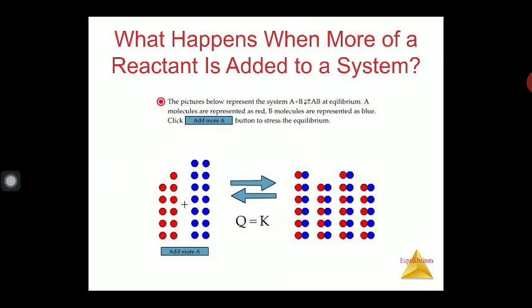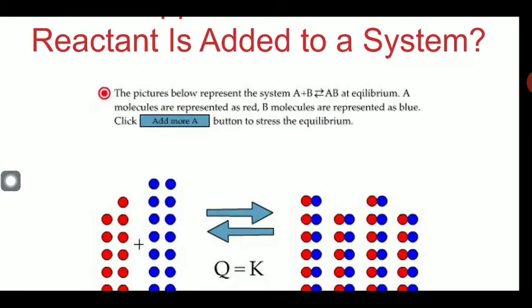Now, what happens when more of a reactant is added to the system? Clear? So this equilibrium has a tendency to move in the forward or in the backward direction. Now the question is how we can mathematically find out the direction in which the reaction will move after equilibrium is achieved. For explaining this, the concept of the concentration quotient is useful for us.